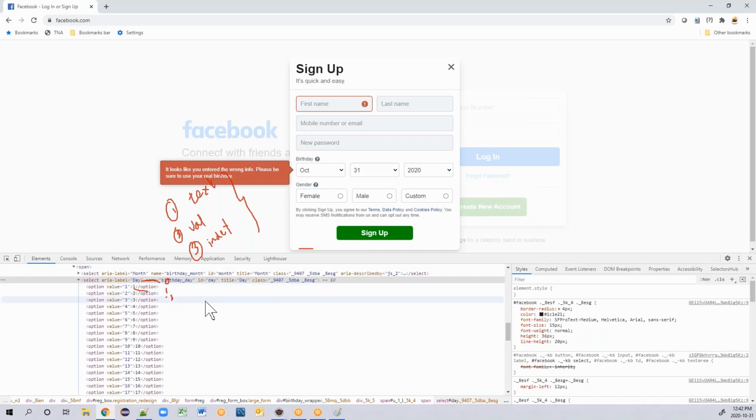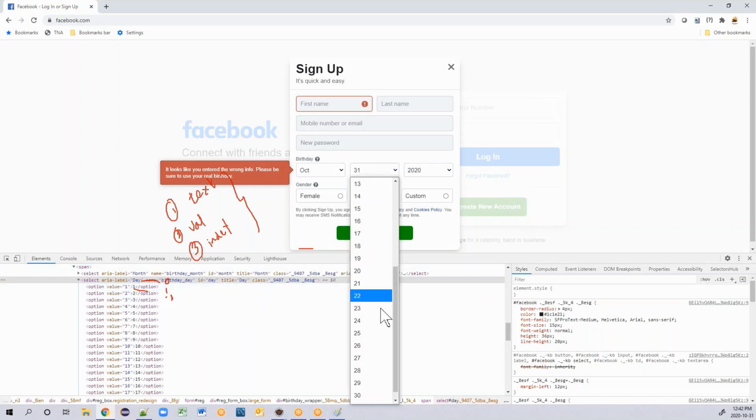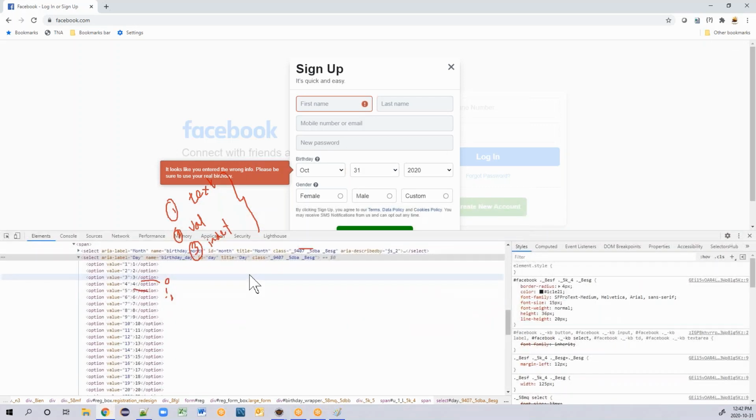Now suppose if I pass text, let's say if I am passing 27, it will go and select 27 from there. This is the text. This is the value. Now what is the index value for, let's say 10? Here it is starting from 1, 1, 2, 3, 4, 5, 6. Index value for 10 will be 9, right? So based on index also you can select.